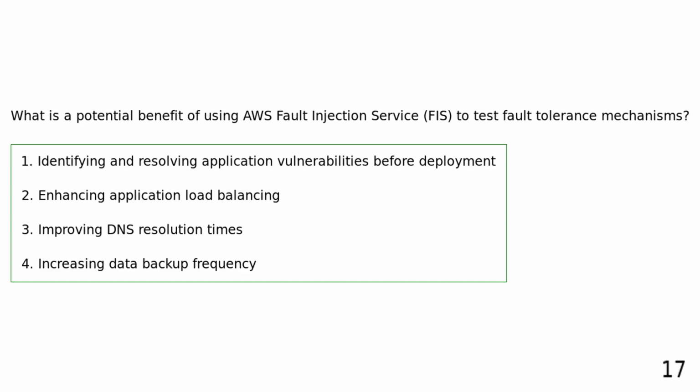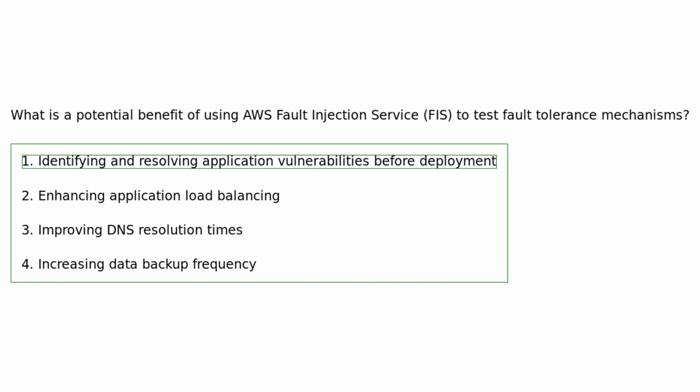What is a potential benefit of using AWS Fault Injection Service to test fault tolerance mechanisms? Identifying and resolving application vulnerabilities before deployment. Enhancing application load balancing. Improving DNS resolution times. Increasing data backup frequency. A potential benefit of using AWS Fault Injection Service to test fault tolerance mechanisms is identifying and resolving application vulnerabilities